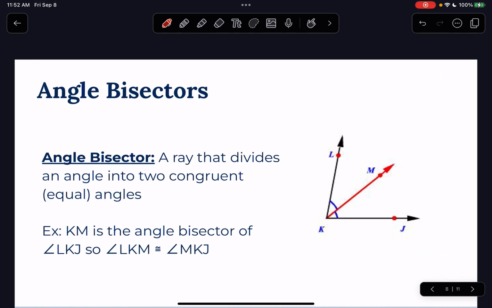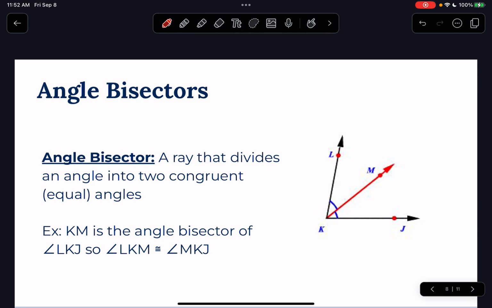Now we're going to talk about angle bisectors. The word bisector you'll see again in geometry. Bisect means splitting something into two equal pieces. We'll also say two congruent pieces. Congruent just means equal. So an angle bisector is a ray that divides your angle into two congruent or two